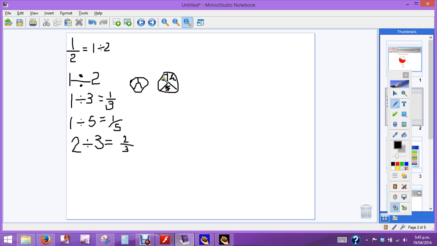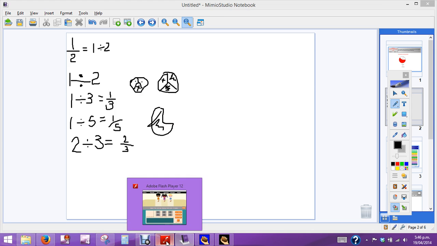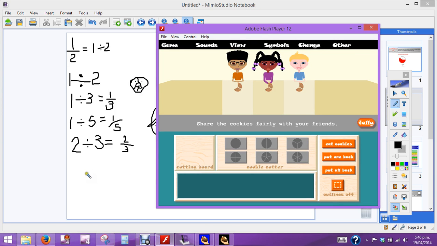I'm going to do crosses for the second person. They get 2/3, and my third mate will get dot dot, that 2/3. So that's sort of the shape that it looks like. 2/3 each, but I cut it up into thirds for each cookie. I said I could do any size shape, so let's look at